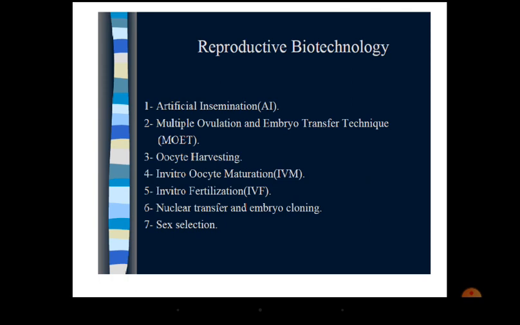So when we say intervention, we want to speed up the progress. For that reason, we need special technologies. That is the first thing I told, with manipulation of the genes. Second is without manipulation of the genes. In this, we get the reproductive techniques. I told you these two points already, artificial insemination and multiple ovulation and embryo transfer technology. These are the techniques that can be employed to speed up the genetic progress.